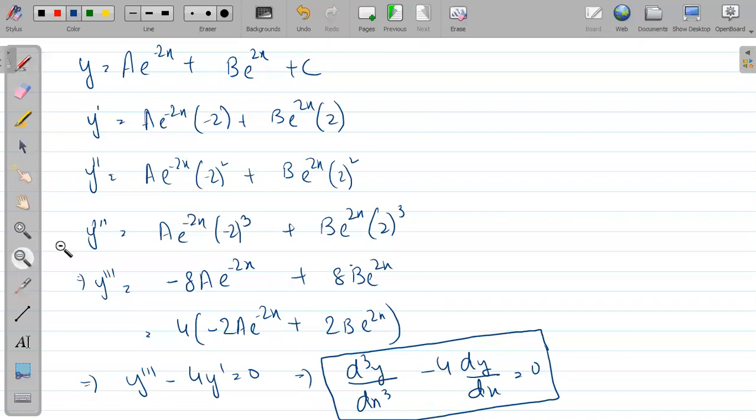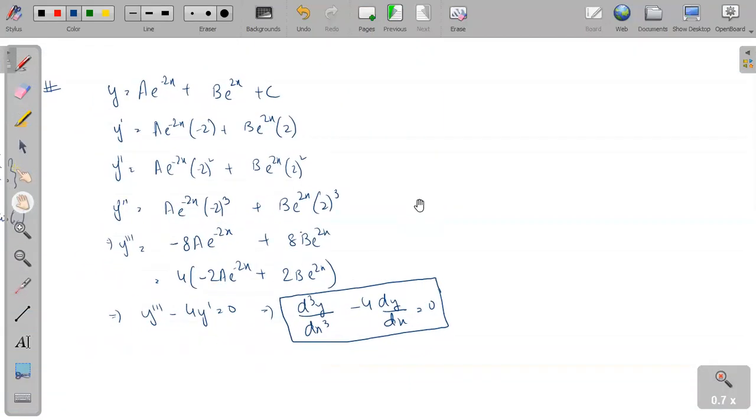Excuse me, sir. Yes, beta, tell me. Isn't it also possible to express it in the form of y double dash? No, it cannot be. Because y triple dash आएगा तो y double dash नहीं आ रहा है, and y triple dash must be present. Because if it is a differential equation of third order, then y triple dash must be present. See, if you are differentiating with respect to x, this is the only form you will get. It's not like you may get many forms. But if you differentiate with respect to y, you may get some different form. In that case, that will be very critical, so no need to differentiate in that way.